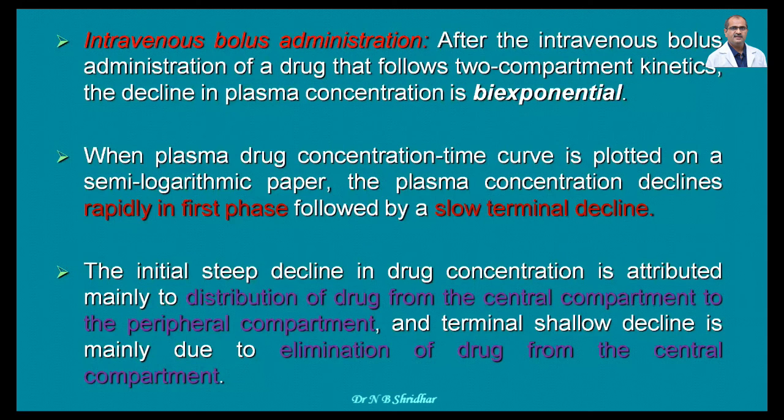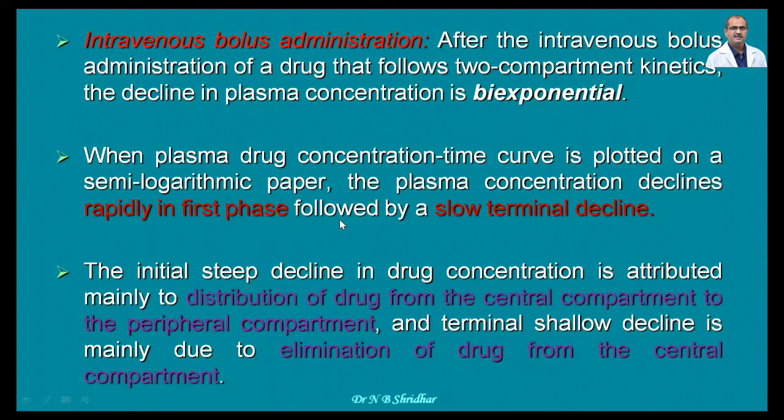When the plasma drug concentration time curve is plotted on semi-logarithmic paper, the plasma concentration declines rapidly in the first phase, followed by a slow terminal decline. Whenever you are administering the drug, maybe through the IV route, the plasma concentration decreases rapidly in the first phase, followed by a slow terminal phase. The initial steep decline in drug concentration is attributed mainly to the distribution phase